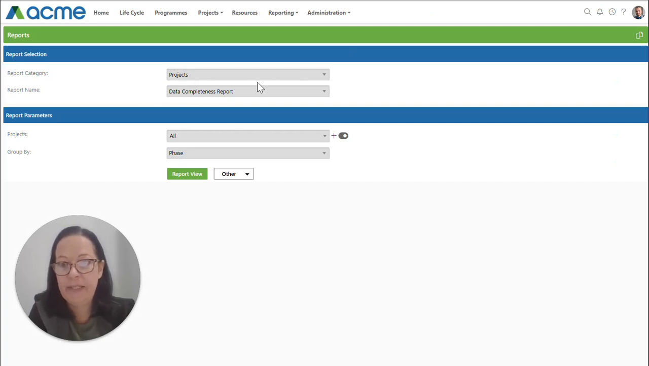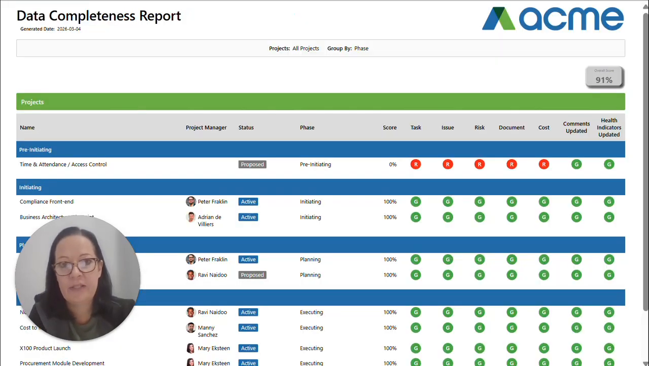The data completeness report does a check on whether data exists and that adds up to your overall score when it comes to data